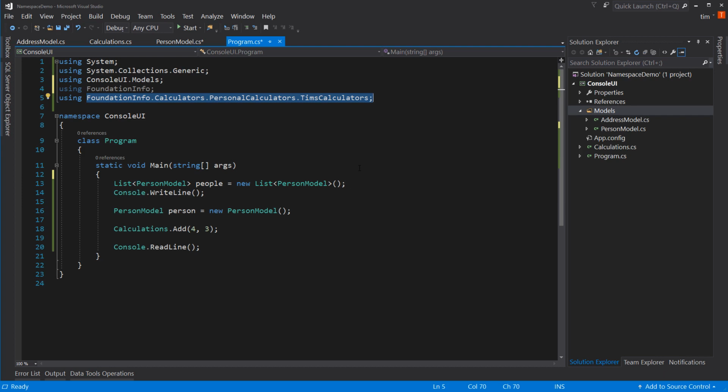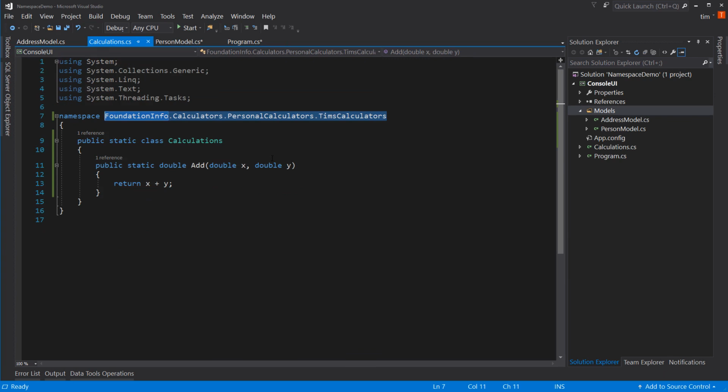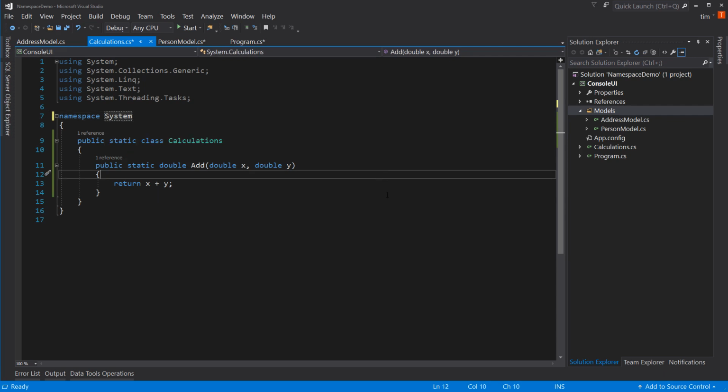Now, just so you know, you can use Microsoft's naming structures if you really wanted to. I would encourage you not to. But for calculations, let's just say you say, you know what, that really fits inside of the System namespace. You could do that. Now you might step on toes if they have